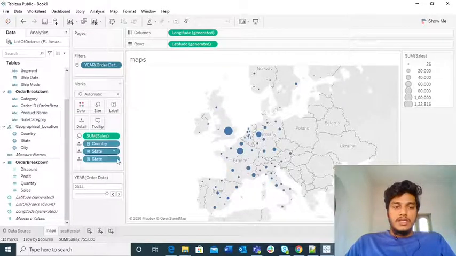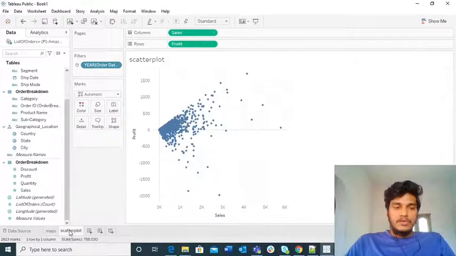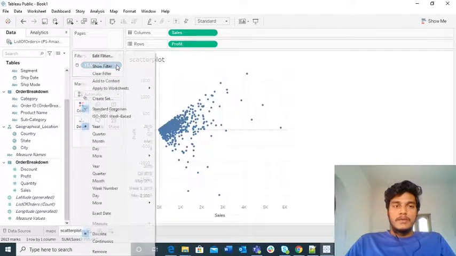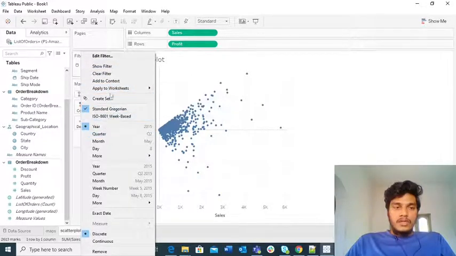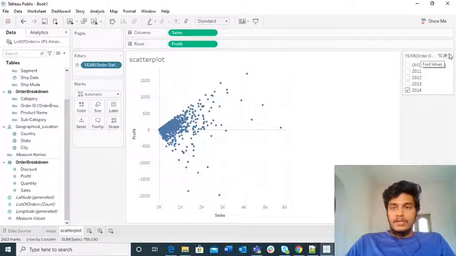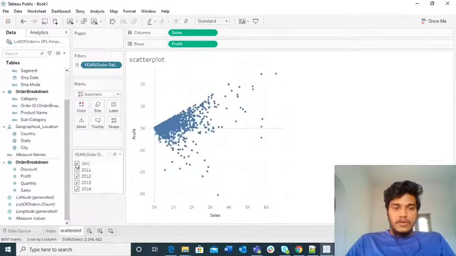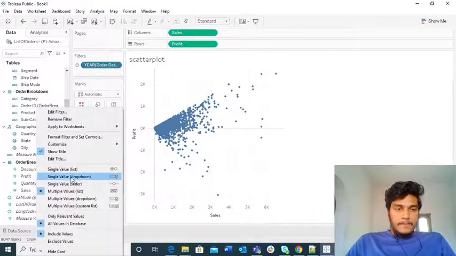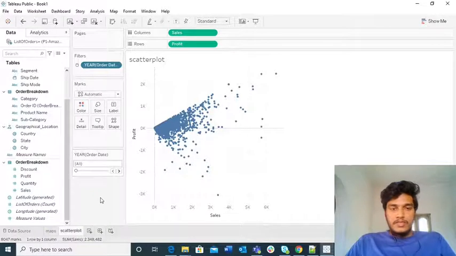I am clicking here, and if I go to the scatter plot, I also have this order filter here. I click on show filter, quick filter, and place it on the left side. If you consider the all option, this is the graph that we have.